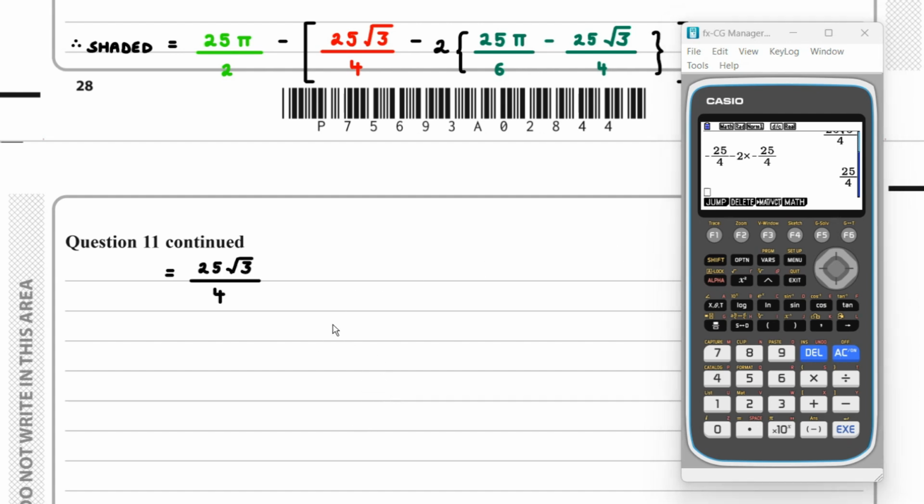So we have 25 root 3 over 4, and then we have 25 over 2, subtract negative 2 times 25 over 6 pi. So we add on 125 pi over 6. So the shaded area is equal to